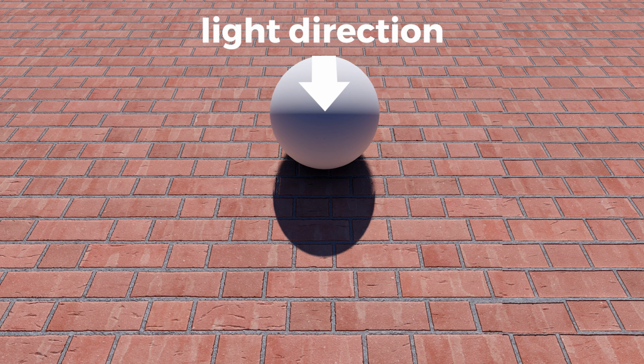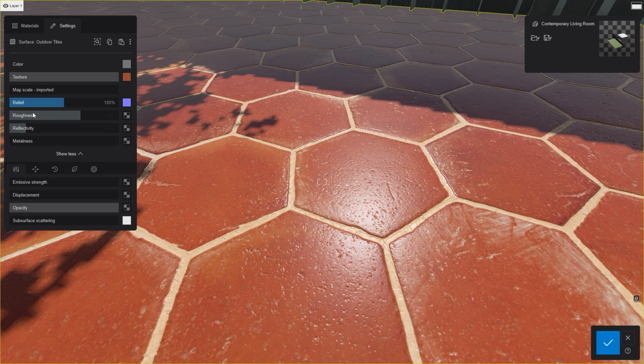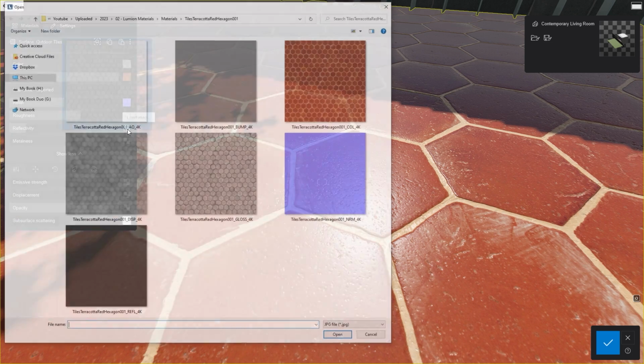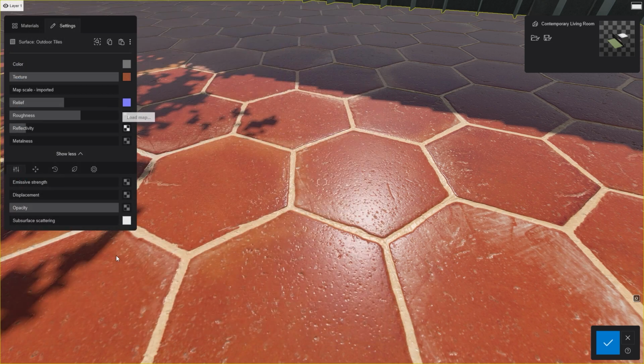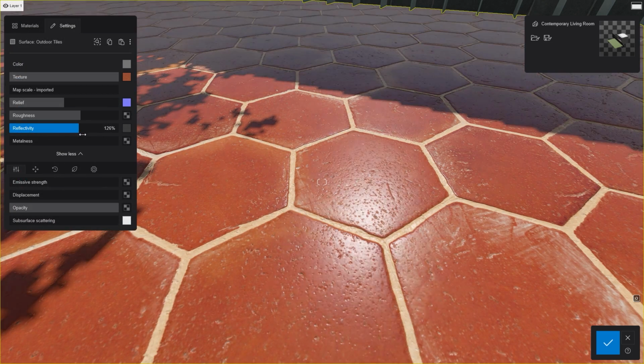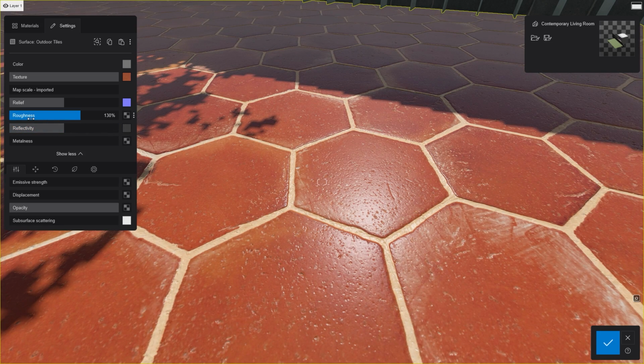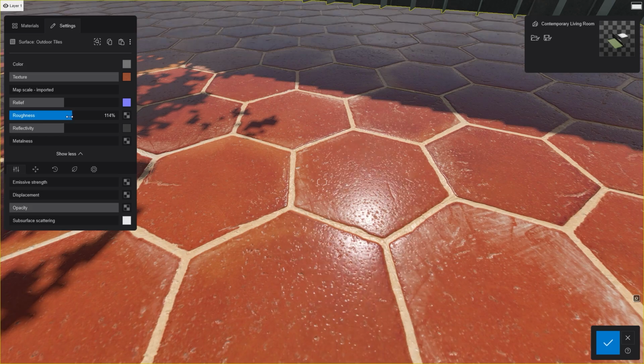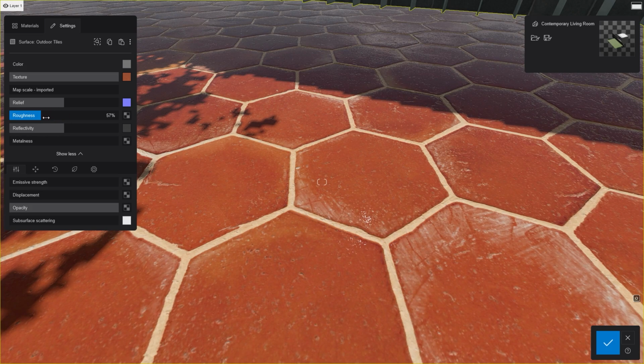There we go, that looks correct now. Next is the roughness and reflectivity parameters. The reflectivity parameter is where we can put a reflection map. This will control the intensity of the reflection of the material. The roughness parameter is where we can input a roughness map, which controls how smooth or rough your material will